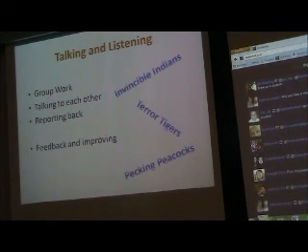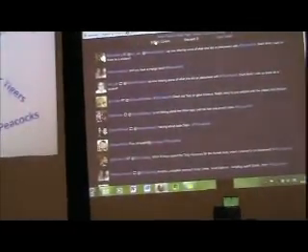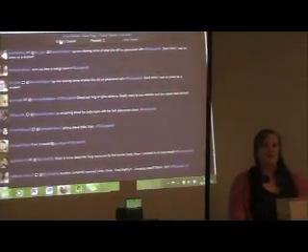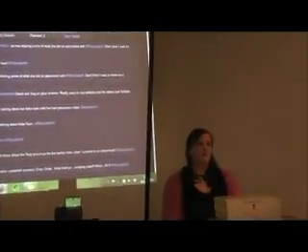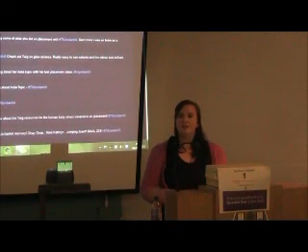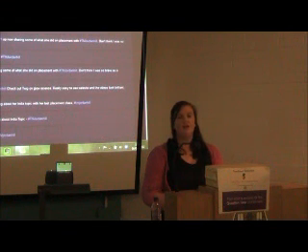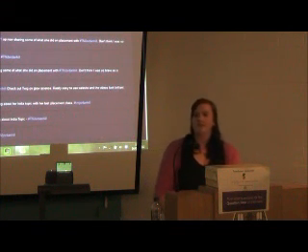Some of the talking and listening activities that we did, one particular thing was we looked at the River Ganges, and we came across the idea of the government wanting to put in a dam at the top of the River Ganges. So what we did was we split into our groups. We talked about what would be the pros and cons of this dam, and the children discussed that in their groups. We then came back together